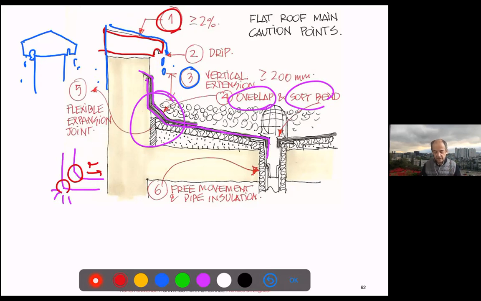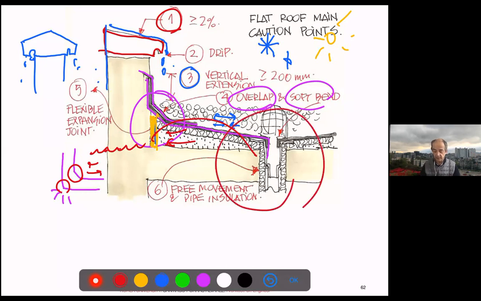Something which we learned from Gaudi before, or Catalan, is the expansion joint. There is a huge amount of sunshine and also of cold, right, coming here. So this top slab will expand and contract a lot. So you need to have the expansion layer. Otherwise, you may have too much tension here and that top may end up cracking. This is a very common problem we have. If this is too strong, it doesn't crack, this element will just bump because it cannot resist the pressure, or will destroy